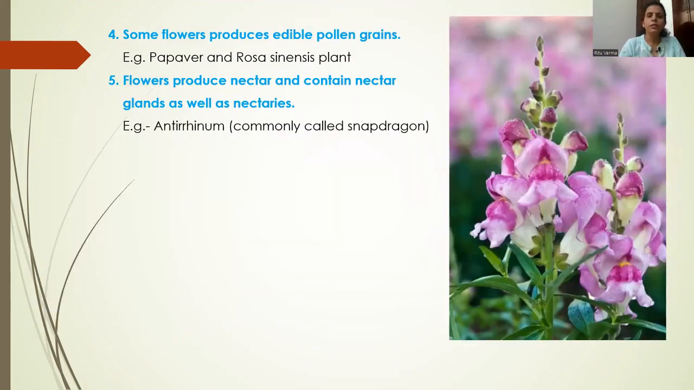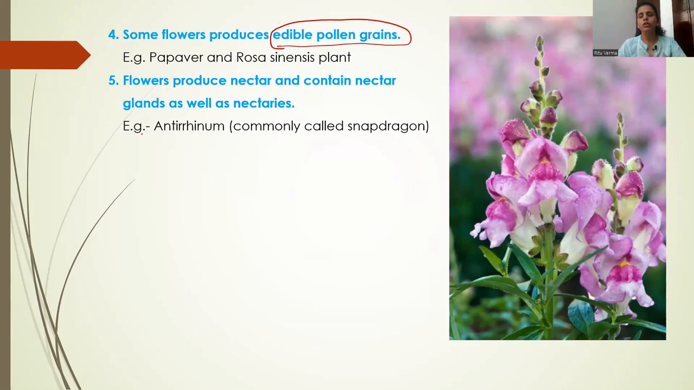Next adaptation is that some flowers produce edible pollen grains. So these insects or other animals which help in the process of pollination actually consume most of the pollen grains. They come and sit on the flower in order to get food from the flower. Now what happens is most of the pollen grains are consumed by these insects, but still some of the pollen grains are left on the body of the insect, like maybe on the feet or on the